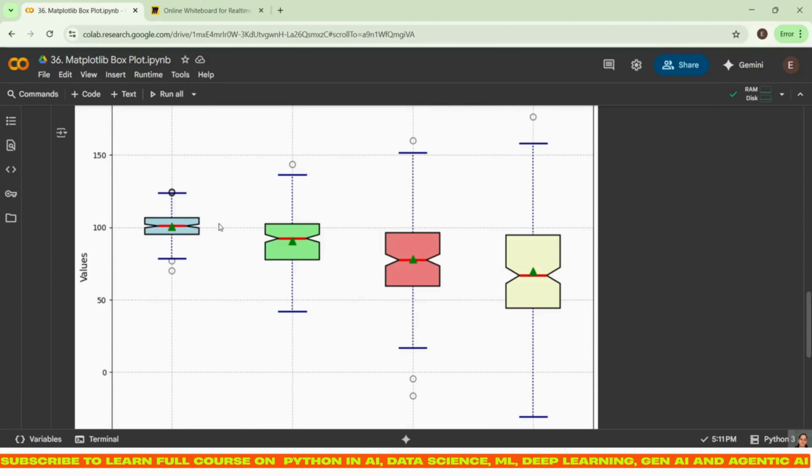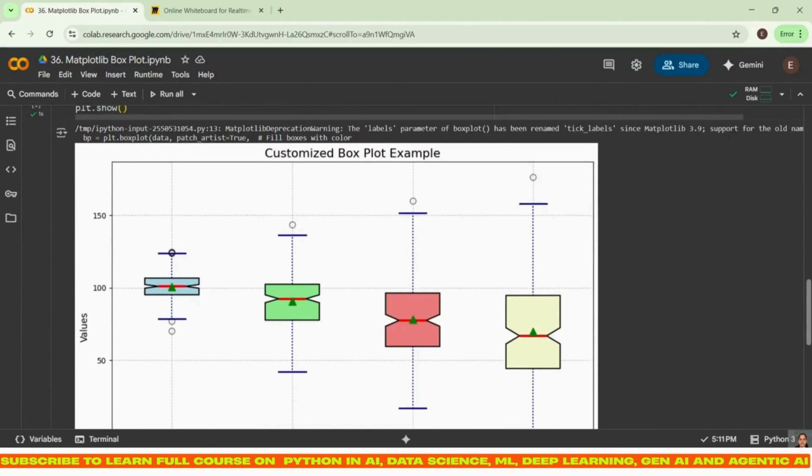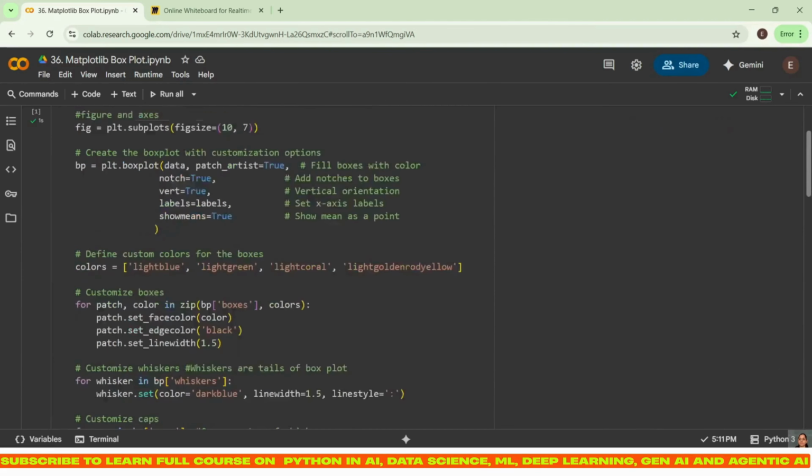From smaller it becomes bigger in the sizes of boxes. And we are able to see a few outliers, right? We have the mean line, the median line, everything is there. This is how we can customize our box plot.